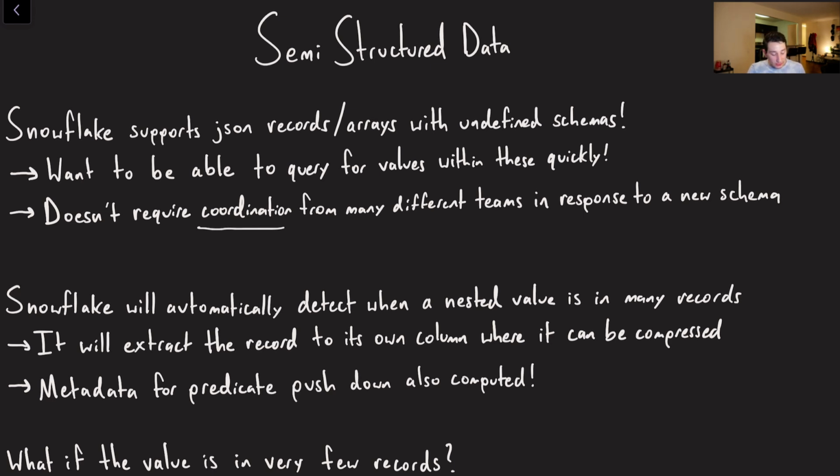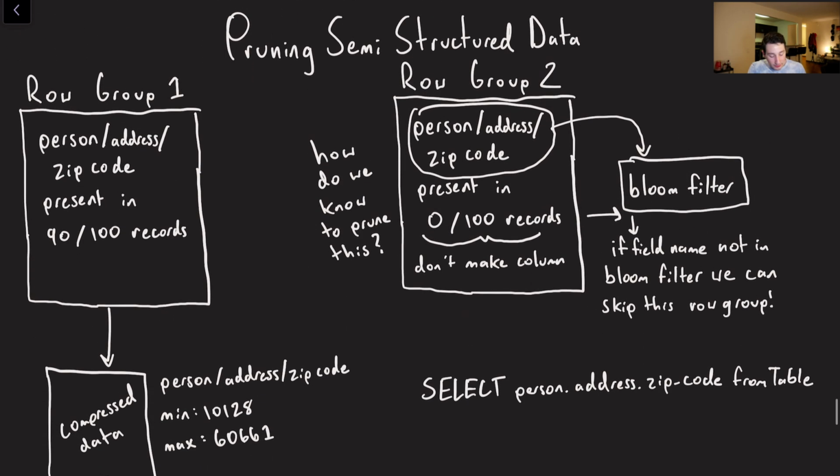So what Snowflake does, which is actually quite interesting, is let's say you have some sort of nested column, because it supports a bunch of JSON. So let's say you have some sort of nested value within the JSON, and it is present in the majority of the records. Snowflake will actually automatically detect that. It will extract that as if it's its own column, and then it will do the normal column-oriented storage, compression, all that fun stuff with it, which is really cool. It'll also compute metadata for predicate pushdown, which is going to allow us to perform scans where we care about the value of this column quite a bit faster. So let's go ahead and show off how that's going to work.